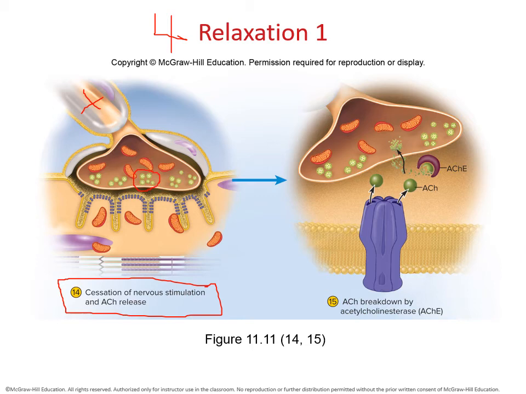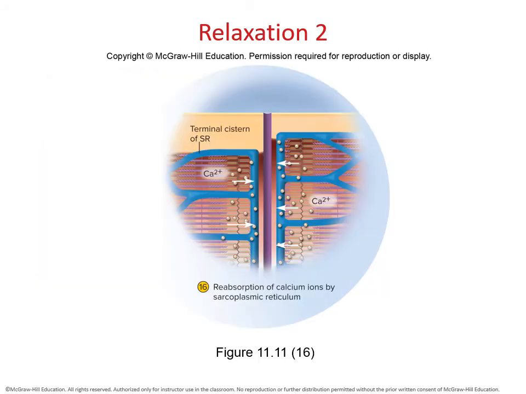In fact, any acetylcholine that's still in the synaptic cleft, the acetylcholinesterase, here you go, that enzyme is going to come on down and break it down. It's no longer needed. Notice how it kind of looks like a little crescent moon. And when the acetylcholine stops being released, then you also stop interacting with the acetylcholine receptors, which means that you no longer have an end plate potential.